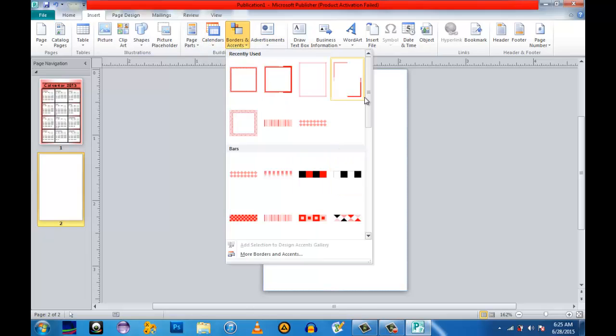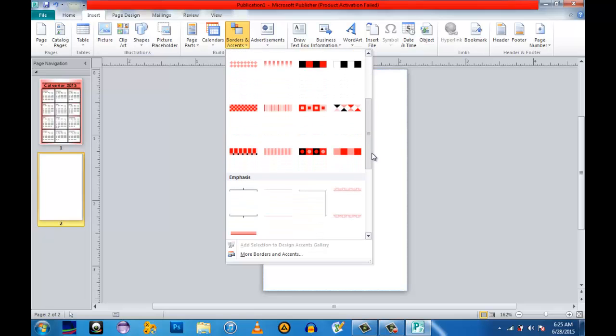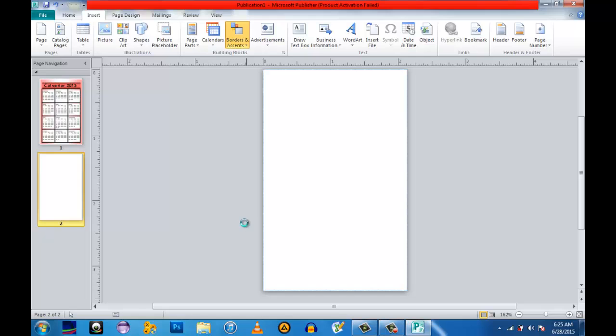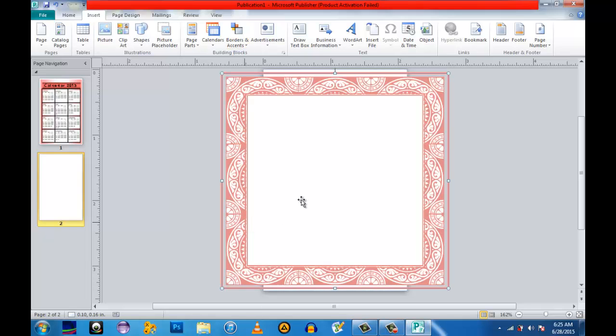So we have here different border accents. This is the same color or match color with your calendar. Can select this one. So you can just adjust this size. Let's adjust.